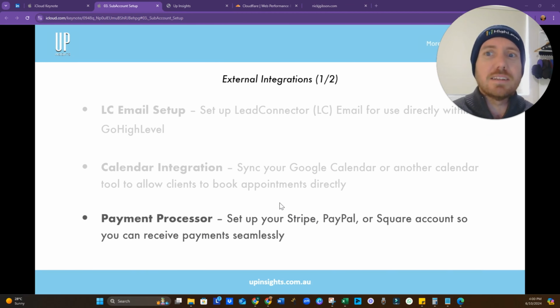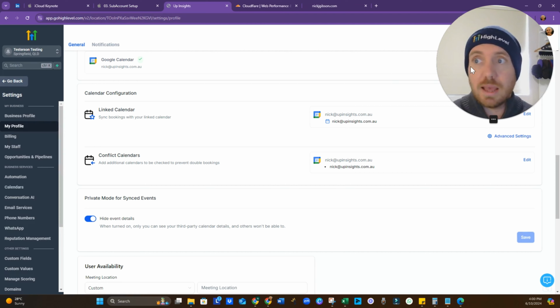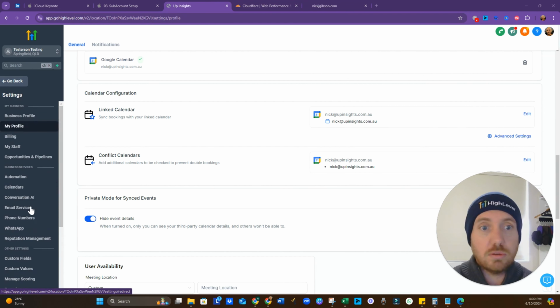So we want to take payments, we want to get paid. We all want to get paid. So we need to set up a payment processor. So Stripe, PayPal, Square, there's others there as well. We want to set that up so we can invoice and receive payments seamlessly. So let's have a look at it. So right here, we will want to go to,